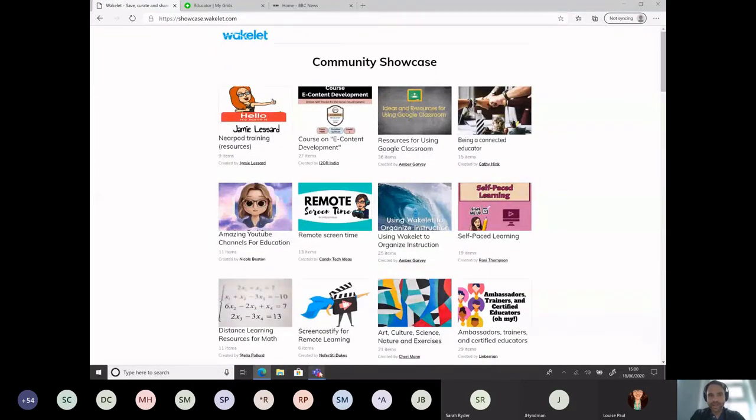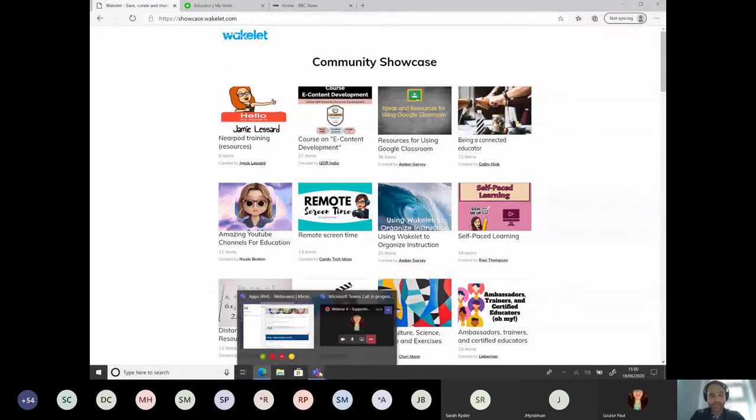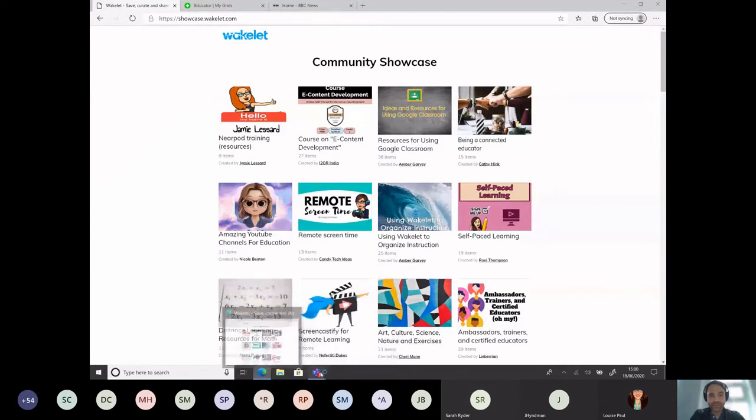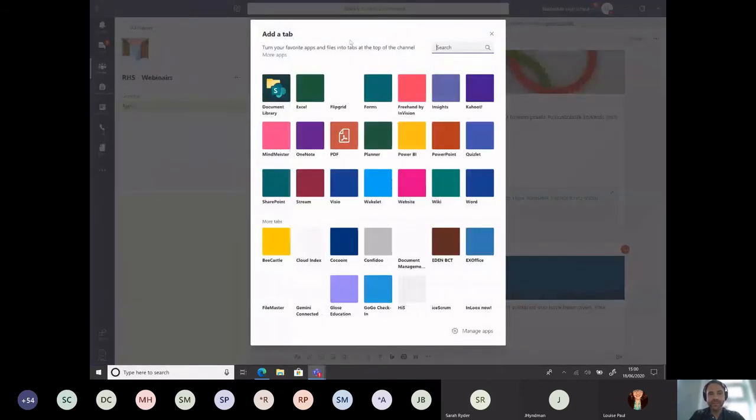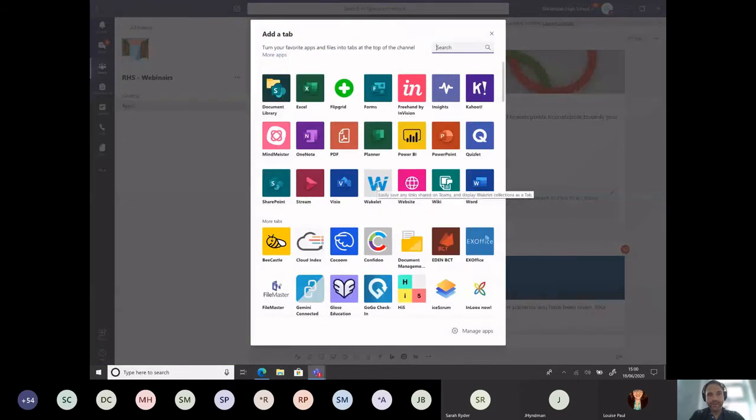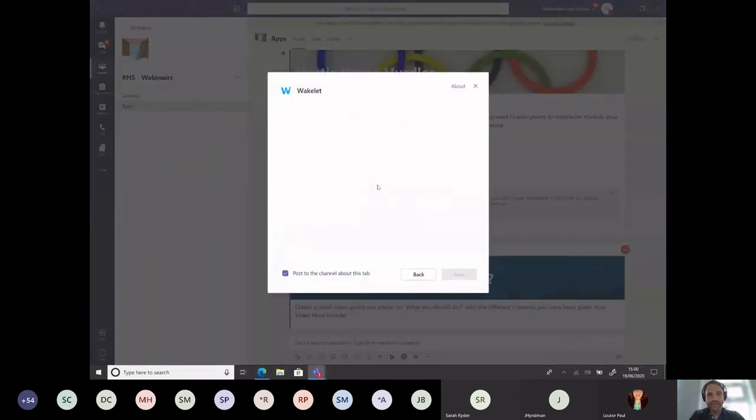Okay, so that one is Wakelet. Okay, and once again, if you wanted to add Wakelet, and I will just show you another way of doing it. Okay, so if I just grab my Wakelet address here, okay, we can add a tab, and I'll just show you how easy that is. We go to Wakelet, and it basically says what's the URL. I paste it in,